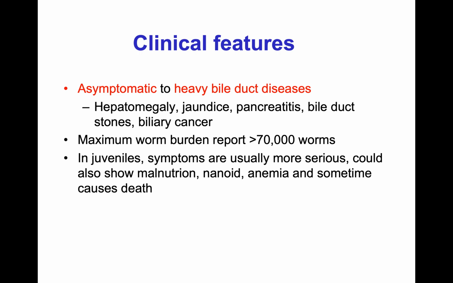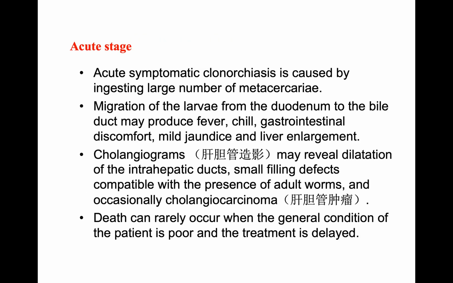And in juvenile, symptoms are usually more serious because the worm burden will cause malnutrition, nanoid, anemia, and sometimes cause death. And apart from the chronic impact on the human being, there's acute stage. Acute symptomatic